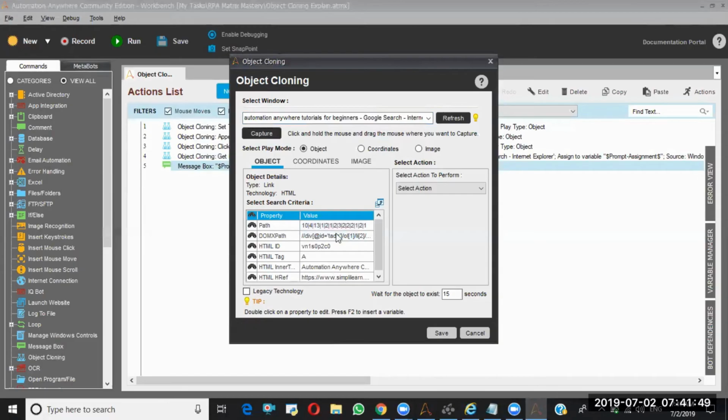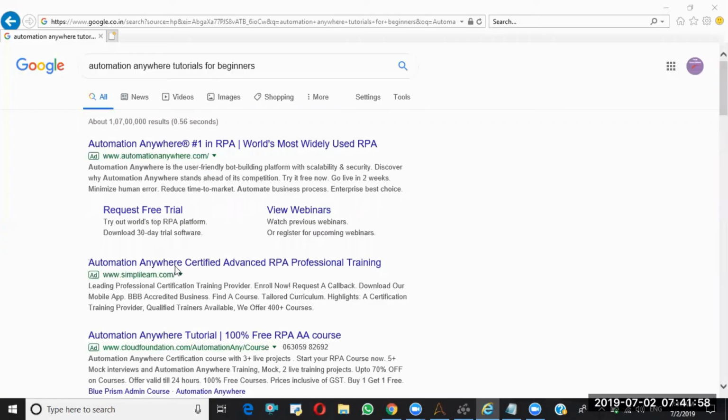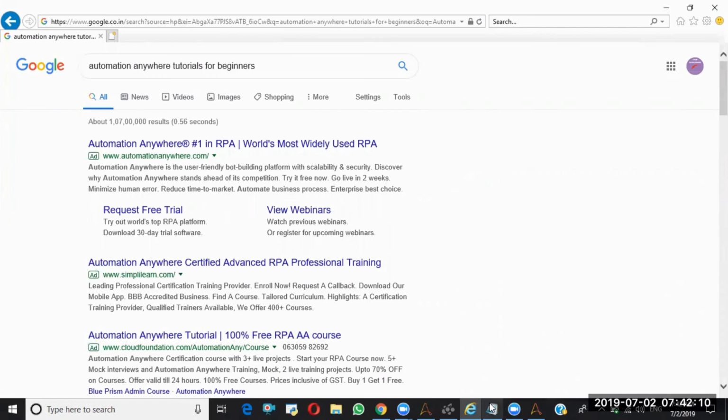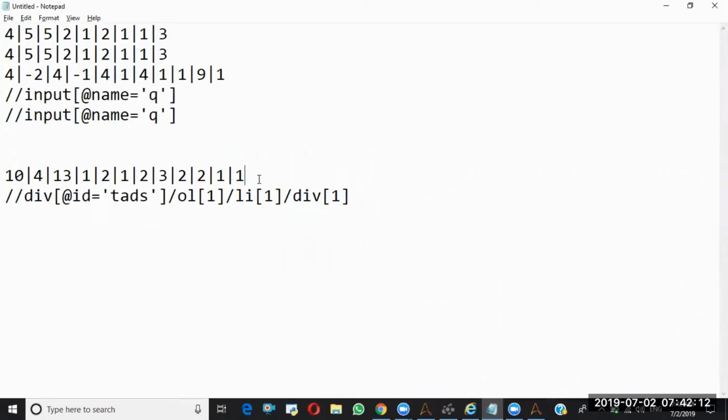It's captured in a different way. Okay, copy. Let me paste it against this one.